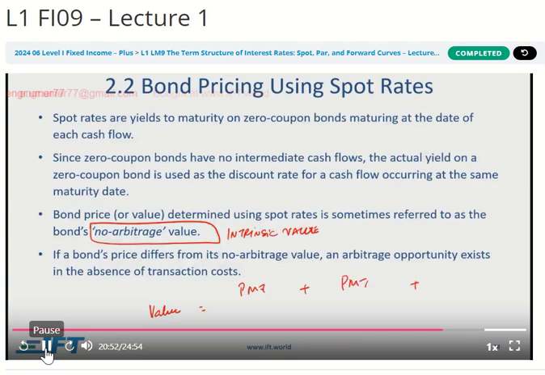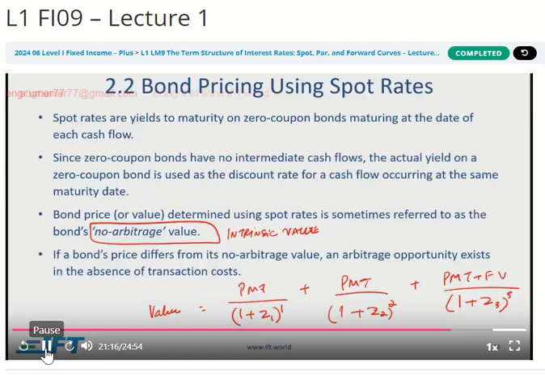In a way, you're discounting these future cash flows at rates which are the spot rates from your spot curve, which are so accurately taking into account the time value of money for each of those different years, customized rates for each different year that are calculated by stripping cash flows separately for each of those years or using zero coupon bonds for each of those years, and then you discount those cash flows back to today using